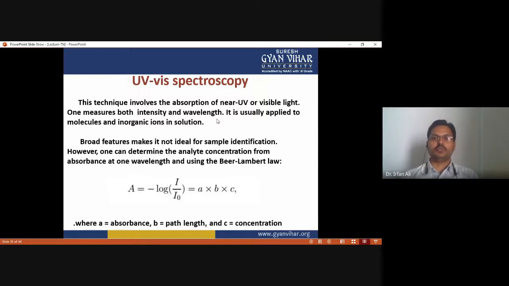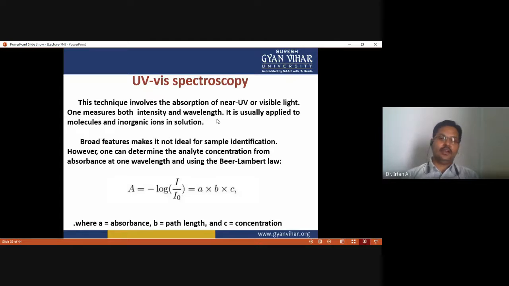As we know, UV visible spectroscopy works on the principle that any substance or molecule can absorb a specific wavelength of light, and any molecule can absorb maximum light at a particular wavelength,